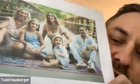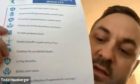So you'll see I take a picture of my state license and my driver's license into every house. I took a nice little picture of the fam into every house. I've got my little daily agenda, which is basically like a little cheat sheet. Maybe we can put it in the comments or you can find it on my Google Drive and all that good stuff. And then also a sheet of all the different companies we work with. This is the financial inventory sheet I've been working with here lately. And then just kind of giving them this at the end, what they applied for, and then some highlights of the final expense. So Corey and I are gonna go into a mock demonstration right now, and